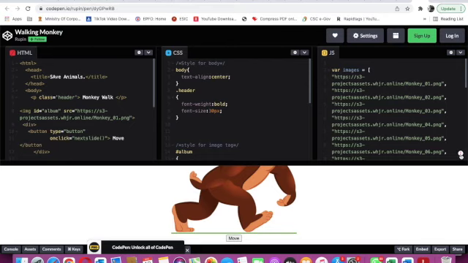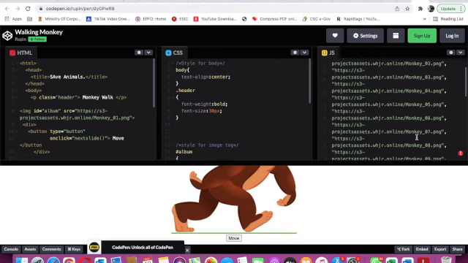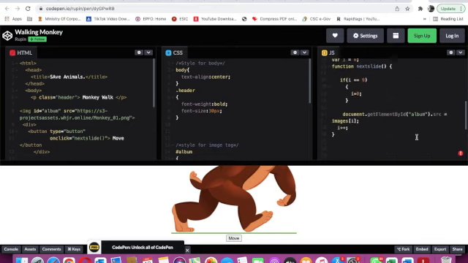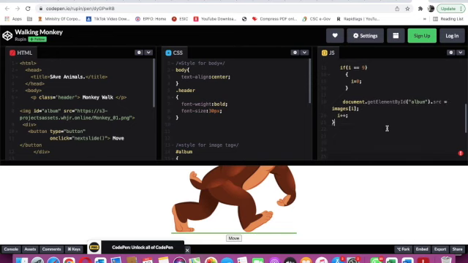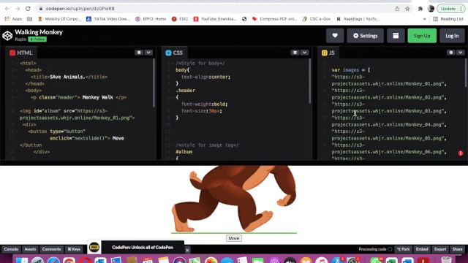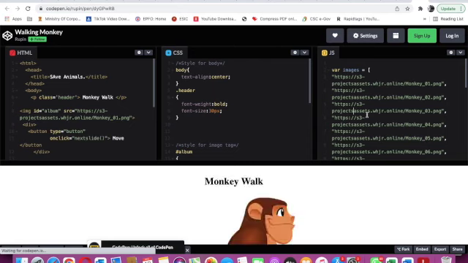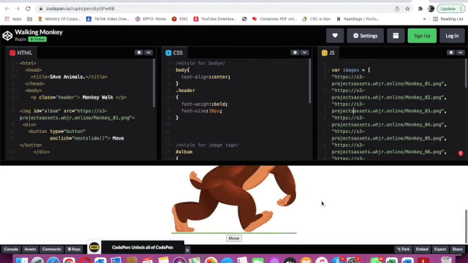Now it is telling that there is some error. Okay, I will delete this curly bracket. Maybe after deleting this curly bracket, it will work. Okay. We'll see one more time.